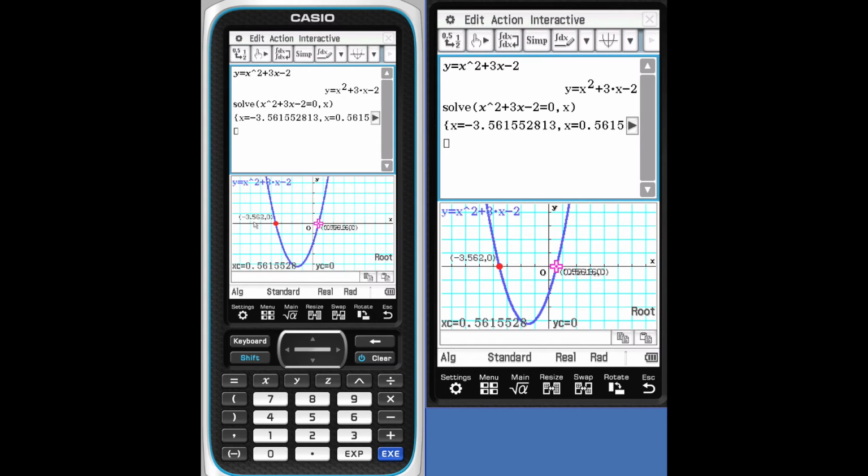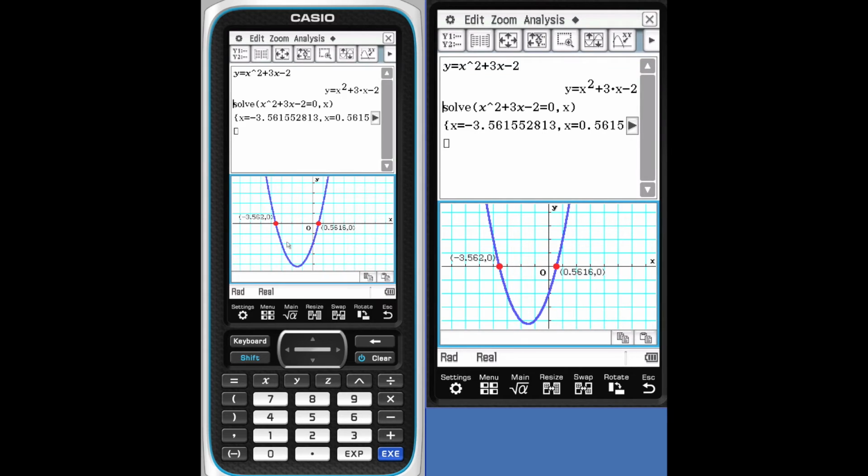But more than that, now you have your zeros below on the graph, and you also have your equation solved above. So now we're starting to see connections between mathematics that we do to the graph that it represents.